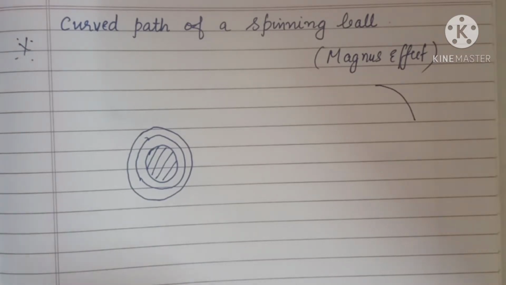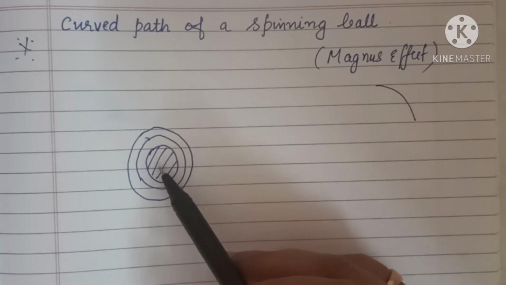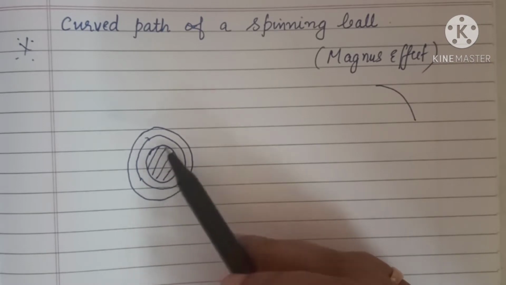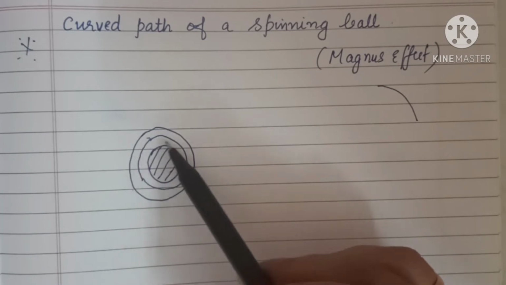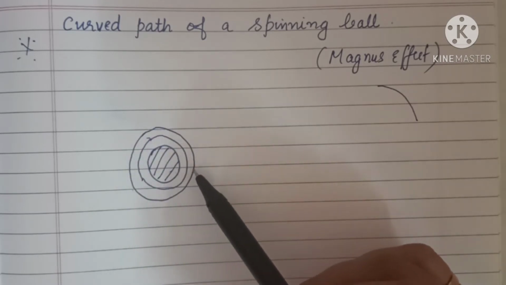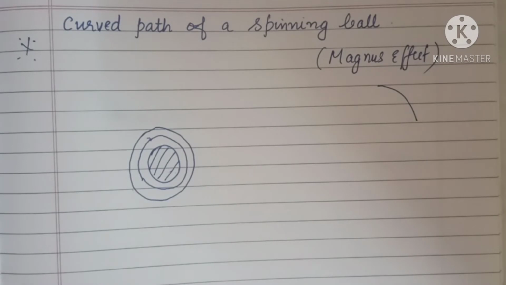That means when an object moves in a fluid, the air around will exert a force on it. It will try to make it move in the opposite direction, that is called friction, and the air around that particular object will form a layer around it. Like that, if there is a ball spinning about an axis perpendicular to the horizontal motion, it carries air around it in the form of concentric circles. Understand?